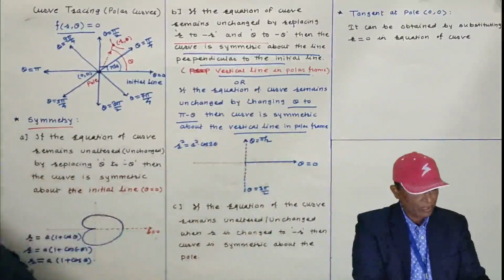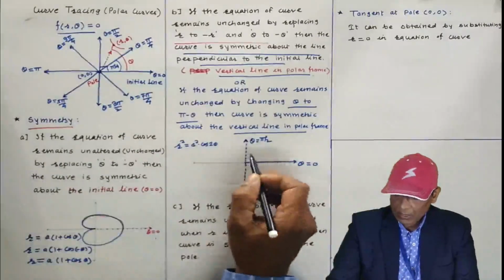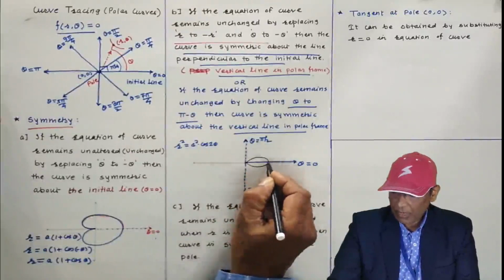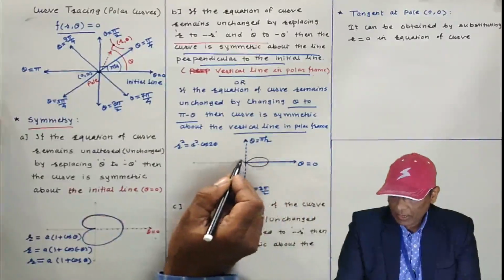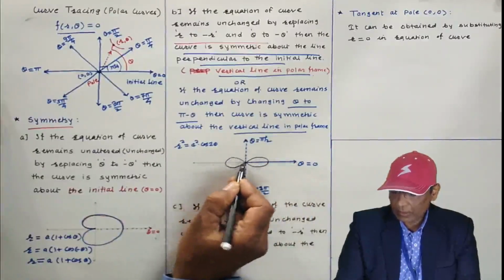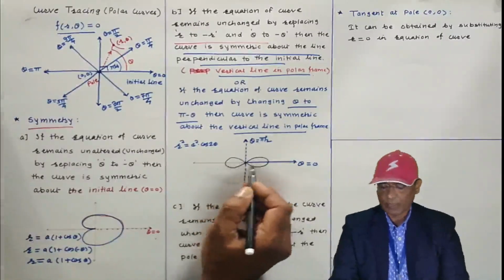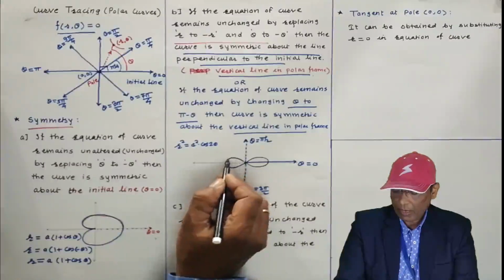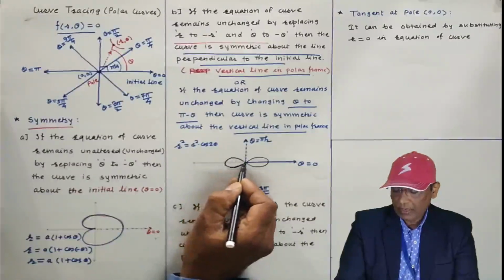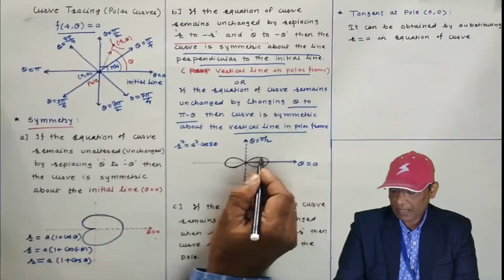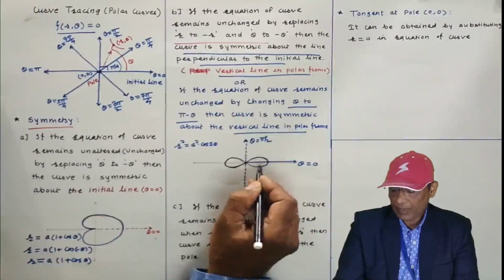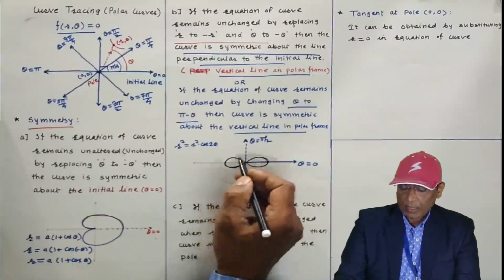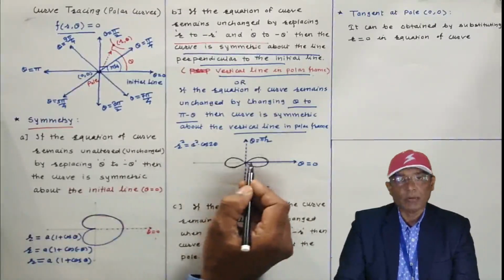Okay, this curve is like this. This curve is the lemniscate, and two loops are there. This loop is symmetric with this loop, though I have drawn it by freehand, so you will not find exact symmetry. But this right hand side loop is symmetric to this loop. This is the equation of this curve.